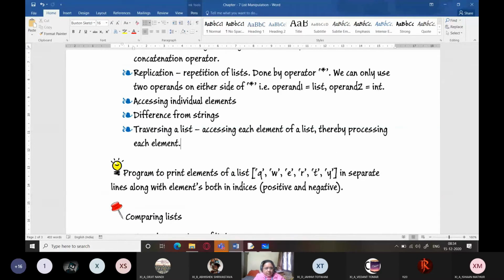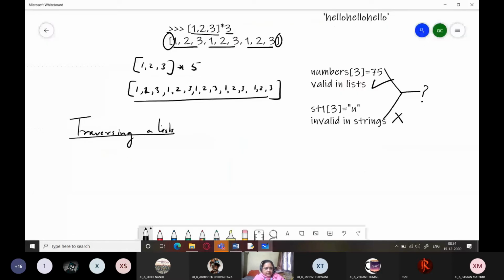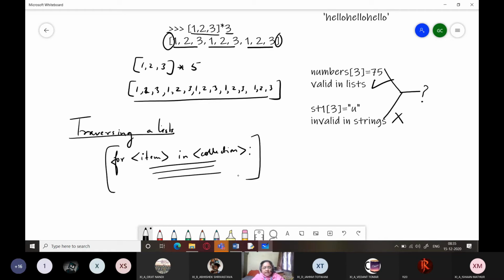So if you want to traverse each and every element of the list, the very suitable control structure which you use in Python is the for item in collection variant. It is a very convenient variant of for loop which is not present in many C++ based programming languages. But it is the most suitable for accessing elements in any collection. So you can easily access any element within a list.